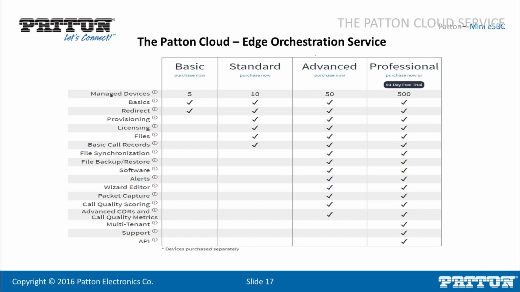It has a full packet capture capability, so basically any device that's connected to your organization in the Patton cloud, you can turn on packet capture. You can turn it on for a single port, or for the whole device. You can say, give me all the packets, or just give me the headers. And then that packet capture starts to stream back to the cloud. It's stored in the cloud. And then once you get some period of time of trace captured, then you can go locally run your Wireshark